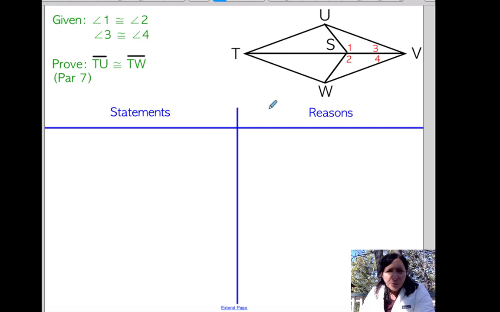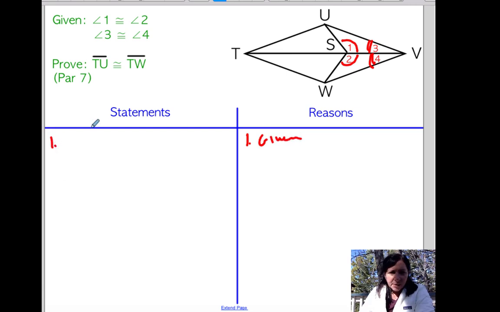So the next proof is this one, and again, same thing. I would pause the video and I would try to work some of this out on your own and then come back to it. So I'm assuming that you paused the video and you're back, so let's put in what we know. We know that angle 1 is congruent to angle 2. We know that angle 3, this angle, is congruent to angle 4. And that's given. So you would just say given,